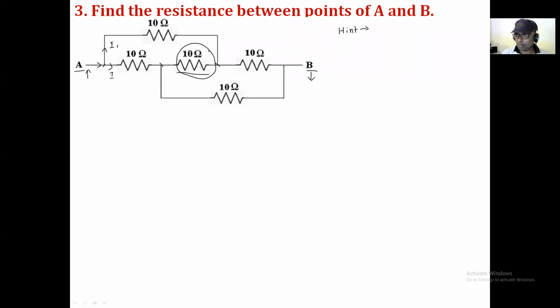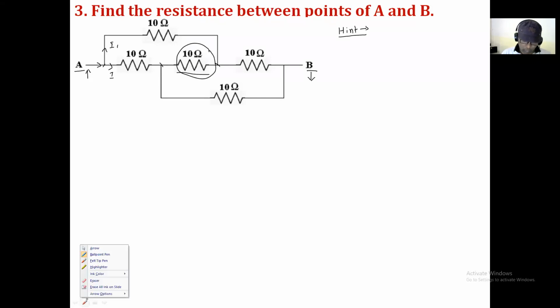Yes, please. If you have a doubt, please ask it fast. It means one thing is clear: this 10 ohm resistance is the problem, so we cannot apply the series and parallel circuit rule. So all of you please remember that hint, how you can calculate the resistance between any 2 points, and then check whether we can apply the series and parallel circuit rule or not. So one thing is clear here in this circuit: we cannot apply the series and parallel circuit rule. It means that definitely we have to use delta star or star delta transformation. This is the first thing.